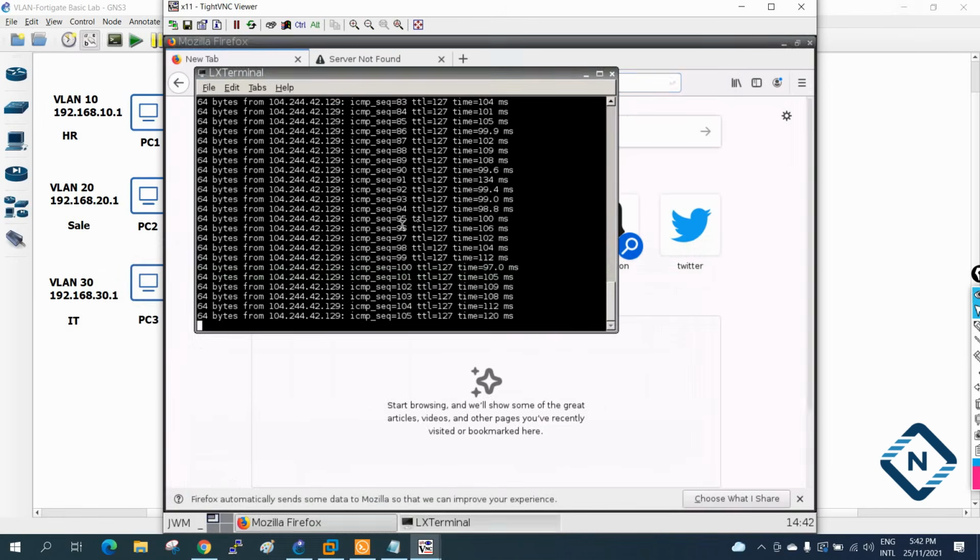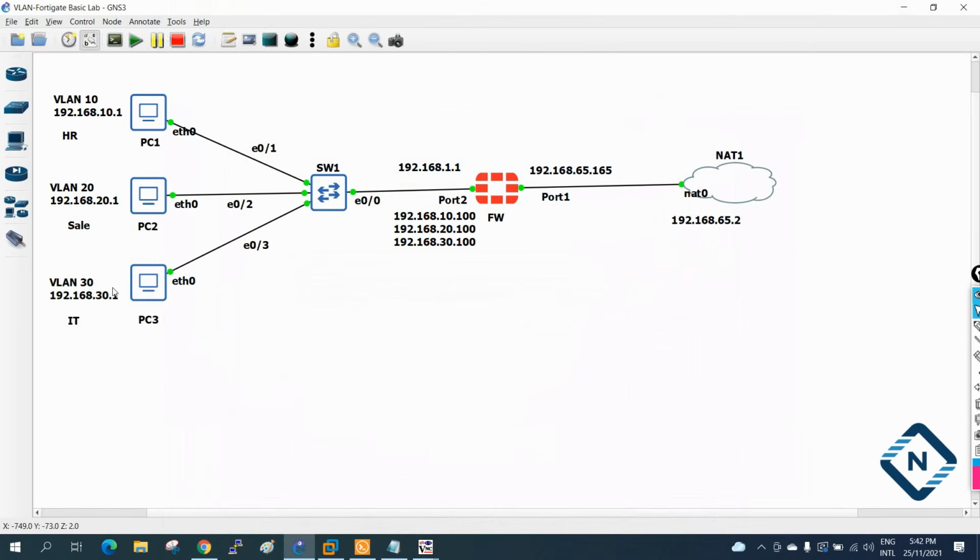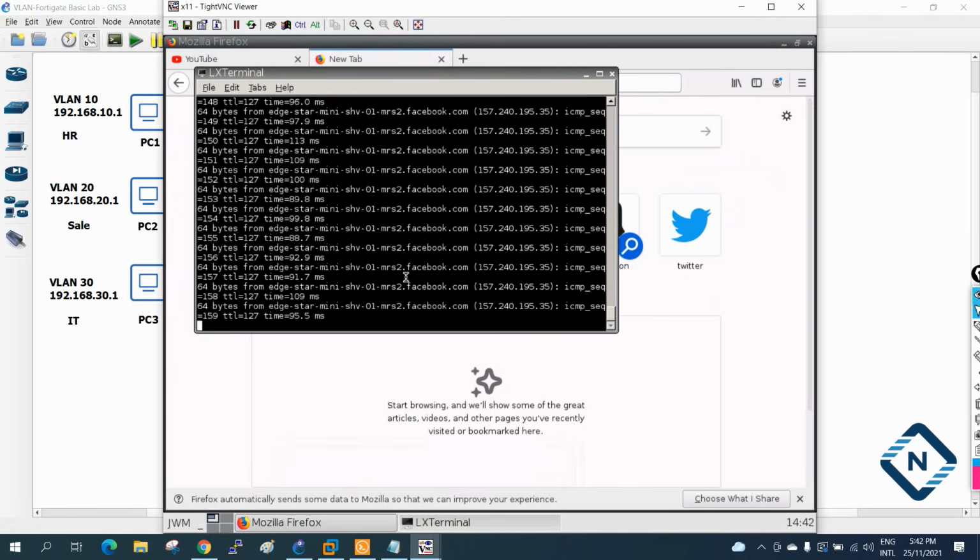Imagine you have here, let me show you, how many VLANs? 3 VLANs. Imagine you have maybe 50 VLANs and you have 200 PCs. Imagine you are using HSRP, all that, and at last you have this firewall. Like that scenario you can create and you can play with that. But here in the simple lab I did it this way. You can imagine in the real scenario you will use different VLANs and you will do sub-interfaces and allow that VLAN. And now let's see if this VLAN can communicate or not.